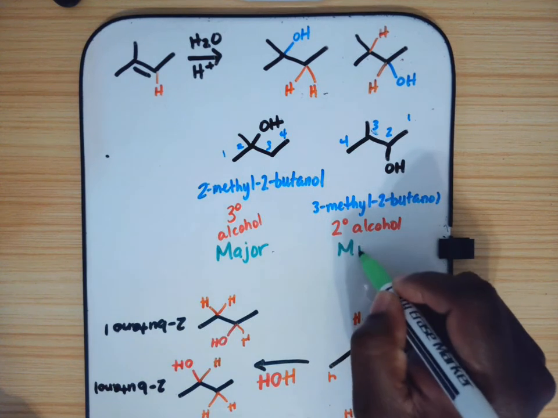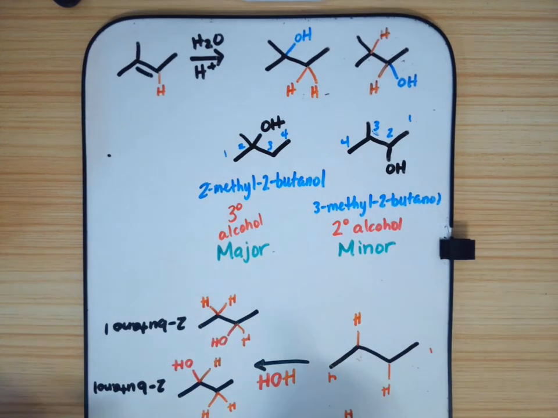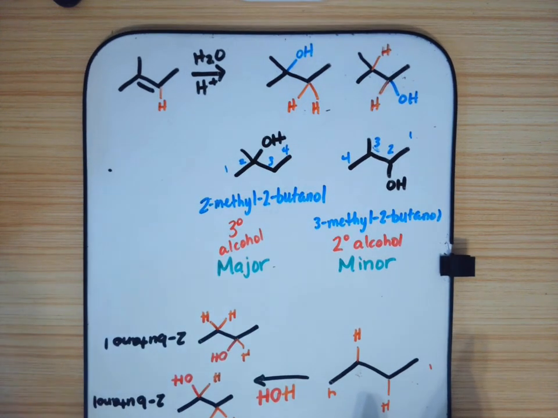The secondary alcohol will give you the minor product. The way you determine which alcohol represents your minor product is by utilizing Markovnikov's rule. Markovnikov's rule tells us that in this hydration reaction, when we added the hydrogen and the hydroxyl, in order to determine the major product, the hydrogen goes to the carbon of your alkene, so your original reactant,